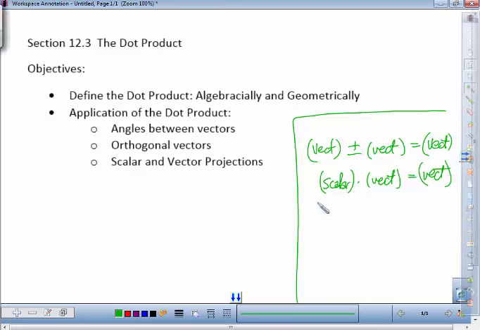And so when we begin talking about multiplication, the first type of real multiplication that we have between two vectors is the dot product. And the interesting thing about this is that when we take a vector and then we dot it with another vector, we result in not a vector anymore. Our result will become a scalar,